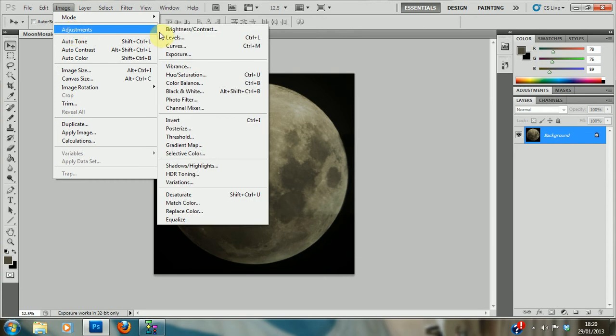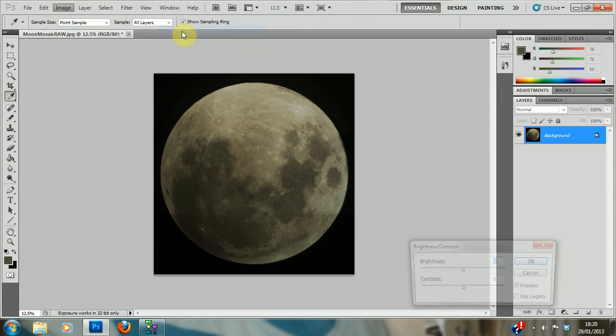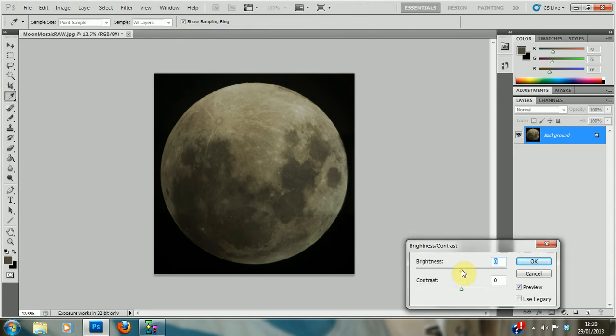So, Adjustments again, and I'm going to pop back into Brightness and Contrast, and now I've already sorted out the issue with the background. That's been fixed. Can I sort out anything else? So it's quite a fairly subtle image,